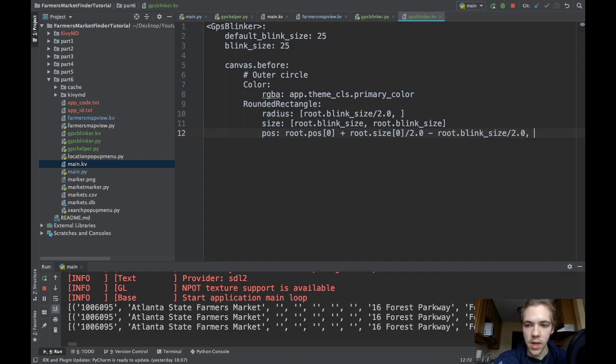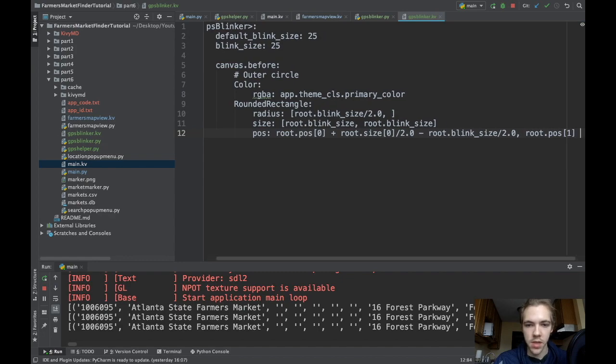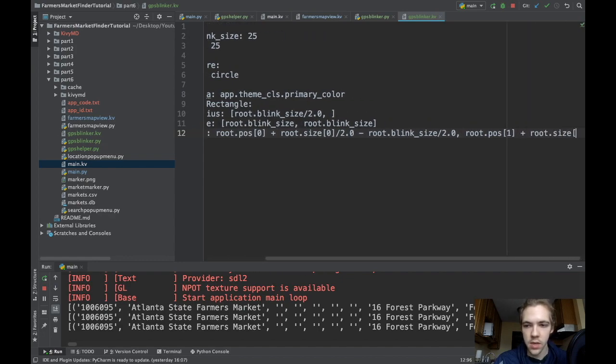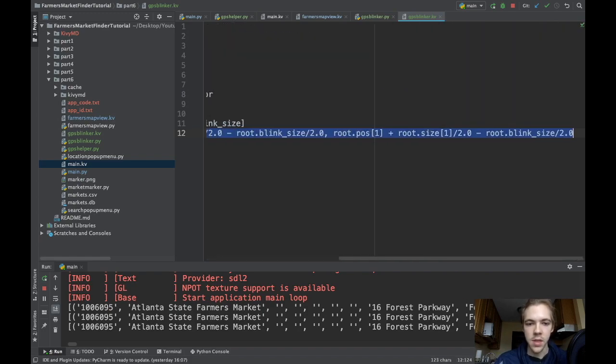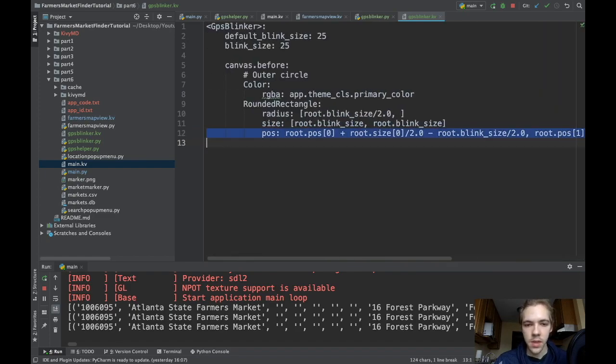So that's the horizontal position, and then the vertical position will be root.pos[1], basically the same thing, plus root.size[1] / 2.0 - root.blink_size / 2.0. This is basically making it so that the position of this sort of blinking circle is always centered on the center of my GPS blinker. Okay? The inner circle,